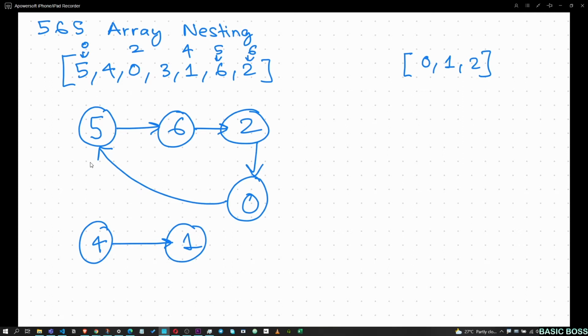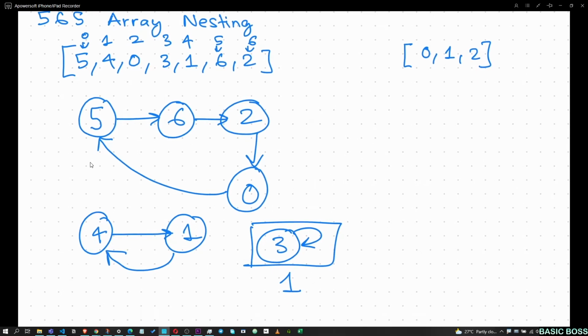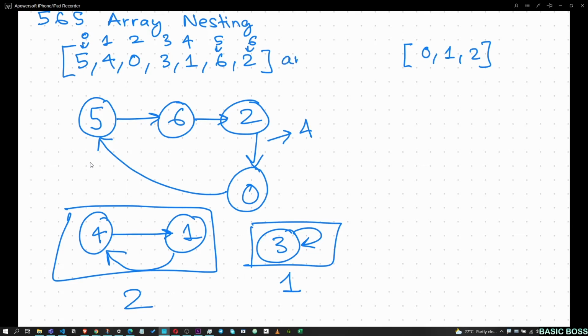So here you go to index 1 and you again get 4. So basically you saw there is another graph, and now we are left with 3, and the index is 3 also. So basically 3 is pointing to itself. In this case, if you create a set, there will be only one element. If you create a set out of this, there will be only two elements, and if you create a set out of this, there will be only 4 elements. So here the answer is equal to 4.